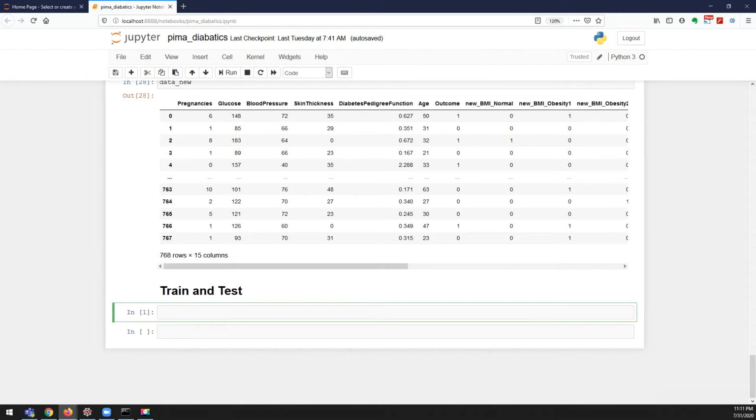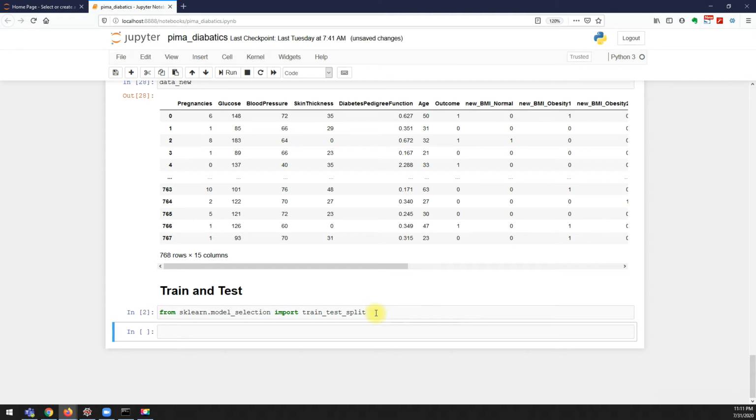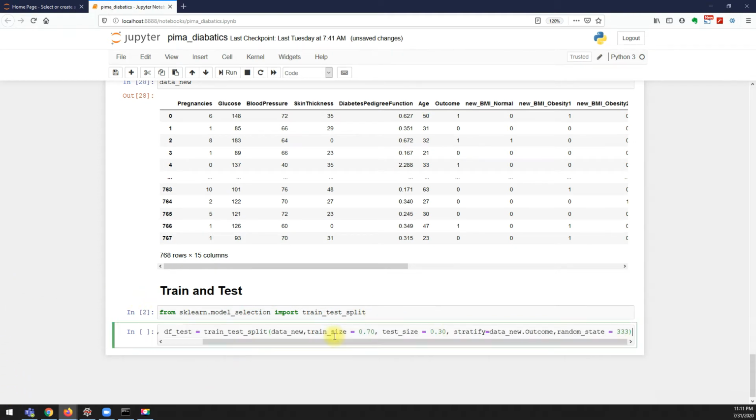We'll start with the train and test split of our data. We know this is the package which we need to use. Now we are splitting our data set with a 70% train size and a 30% test size. Usually mentioning both is not required; mentioning either train size or test size would be enough.